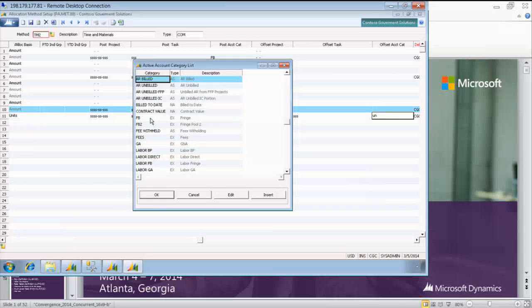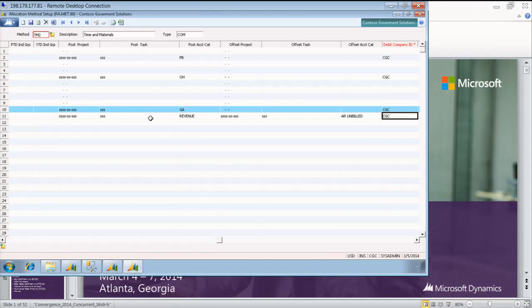AR. Now I'm doing that because the billing module needs to have a trigger account category to decide what gets billed and what doesn't get billed. And in this case, I'm using something called unbilled AR. So I'm generating revenue to the project with an offset to unbilled AR. And in subsequent steps, I'm going to load unbilled AR into the billing module and bill it, turning it into billed AR. So we're leaving unbilled AR. So it's just a holding place for that to go until I'm ready to go ahead and turn around and